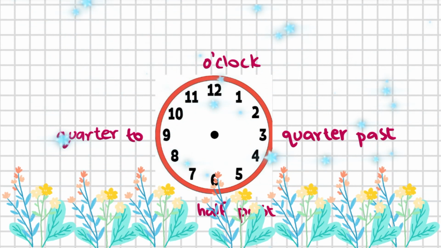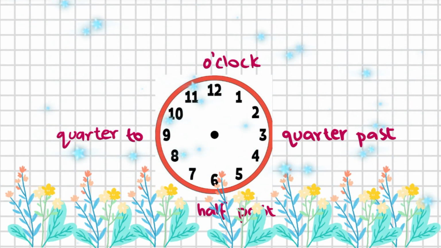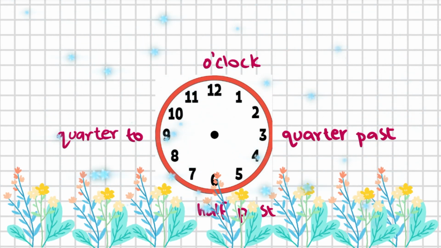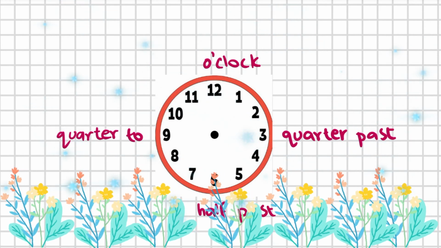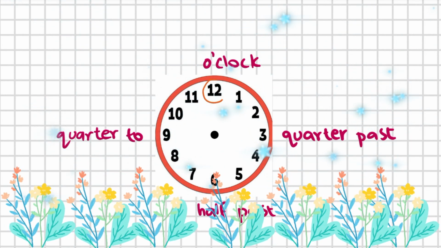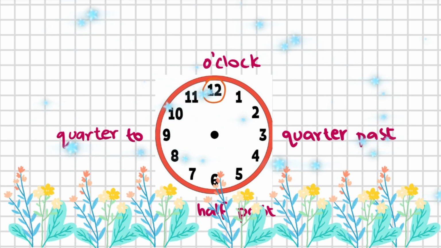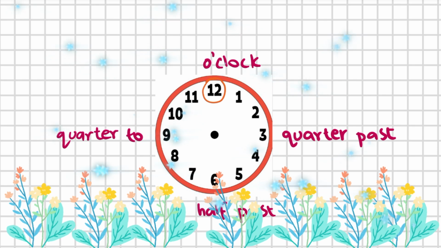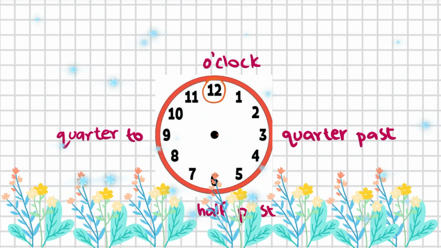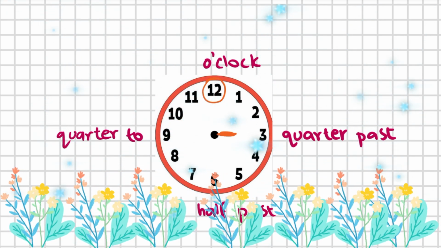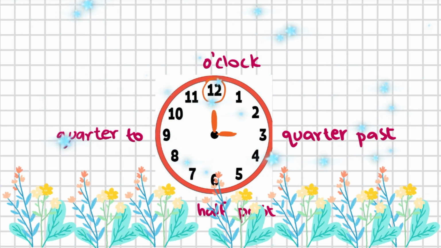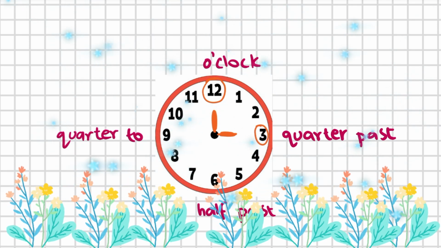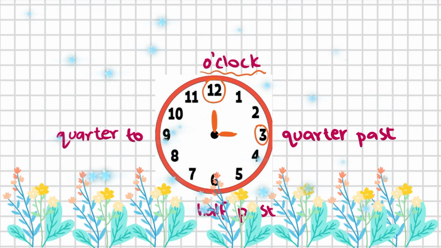To answer time like a pro, you need to know these 4 words. When the long and thick needle is on 12, you have to say the hour on which the short and thick needle is, o'clock. If the short and thick needle points towards 3 and the long and thick needle points towards 12, you can say it's 3 o'clock